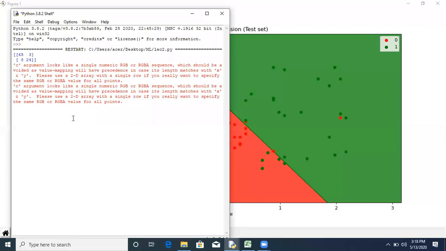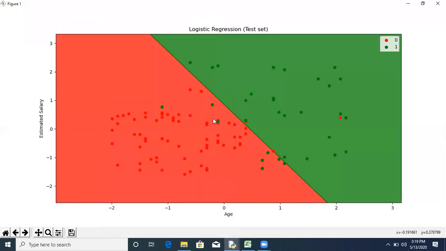So accuracy is calculated as 65 plus 24 divided by the sum of all these. According to that, your accuracy will be more than 90%. We can calculate that using the same formula: true positive plus true negative divided by the sum of all these. So this is how your algorithm works.